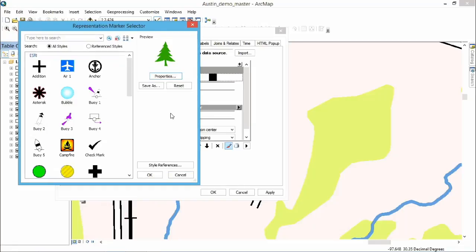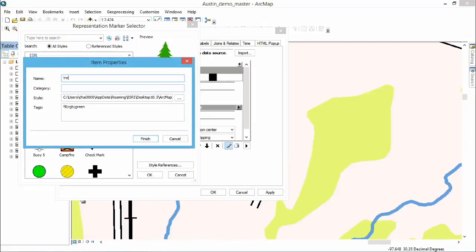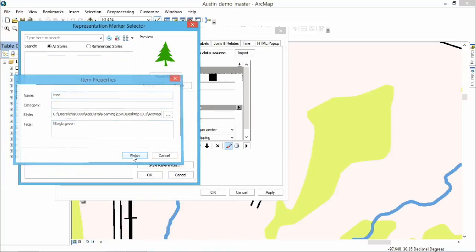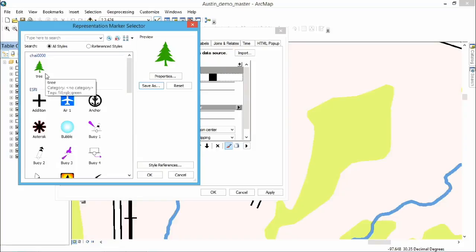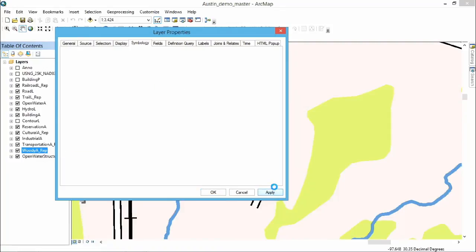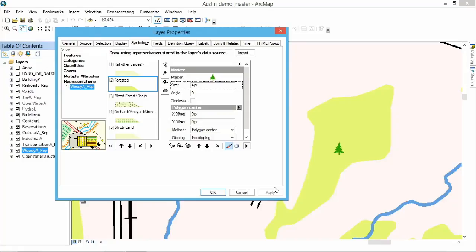and we're going to use this symbol again later, so we can actually save this out to our personal style. We can do that by just hitting the Save As button, as I did. Hit Finish, and that's going to give us some quick access for next time. So we can decrease the size a bit, and we'll hit Apply, and it should add a symbol right in the middle like we had last time, but we want it to be a forest, so we want more than